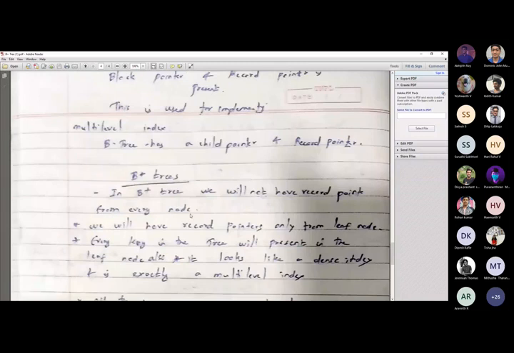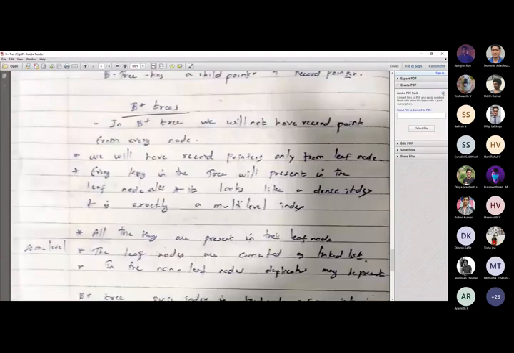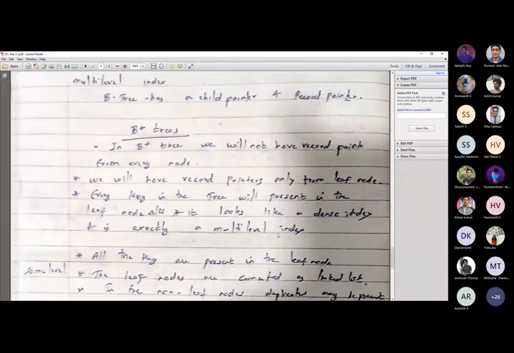In the case of B plus tree, it's an extension of B tree, where we will not have a record pointer for every node. We'll have record pointers only for leaf nodes. B tree is used to represent multi-level index, whereas B plus